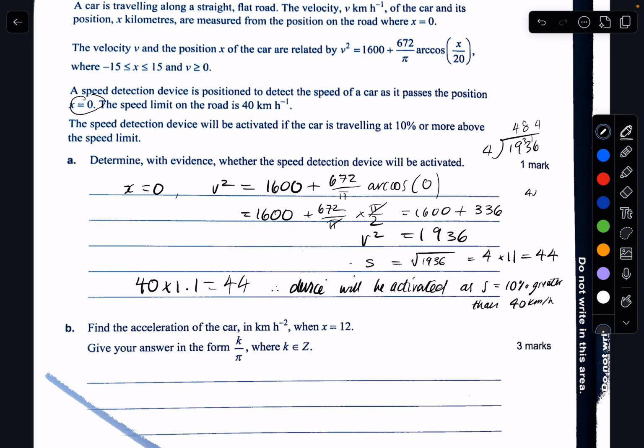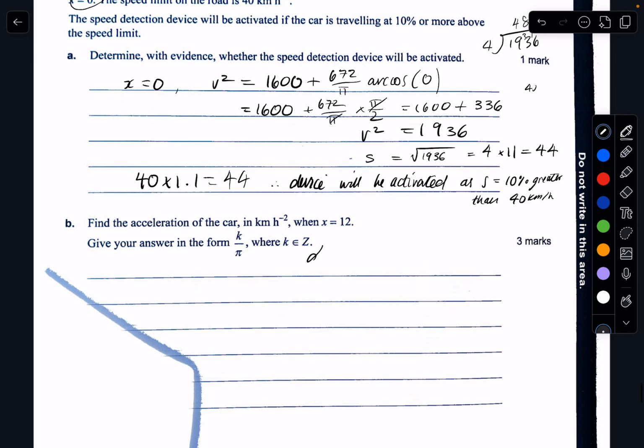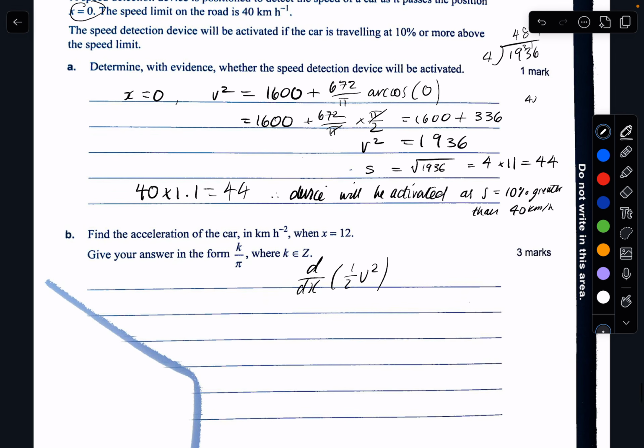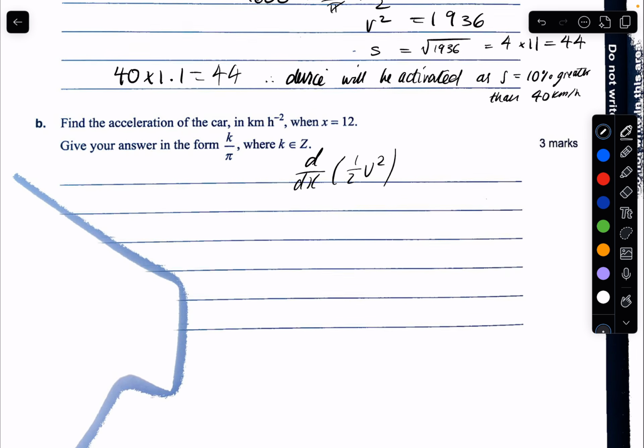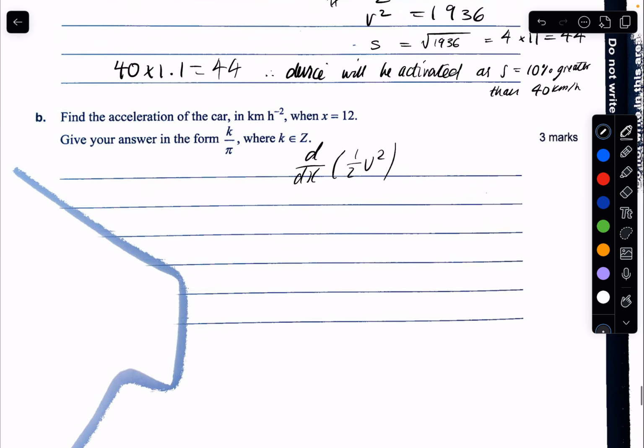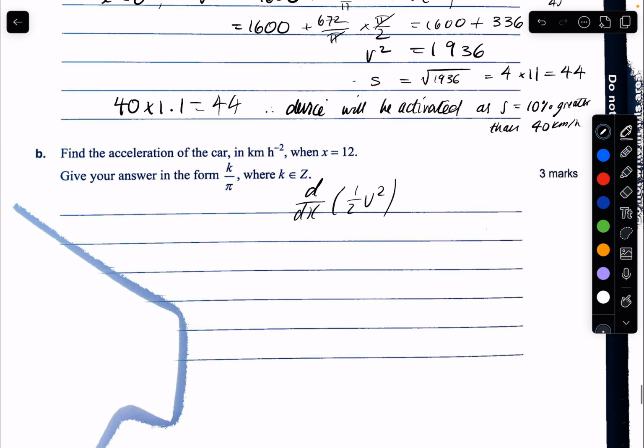Just trying to see if they put it in the formula sheet. I can't find it, but I'm pretty sure d over dx of 1/2 v squared is the acceleration. Yeah. So d over dx of